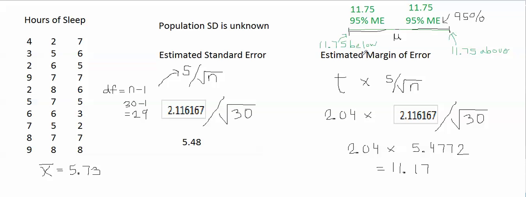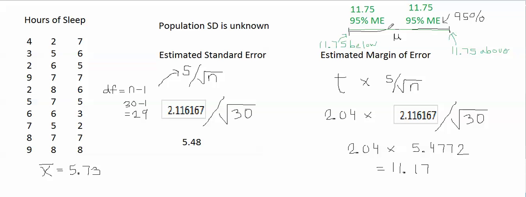And the margin of error is the distance from the population percentage down to this lower boundary and up to this upper boundary. And you would say that there's a 95% chance that the sample percentage fell within this area